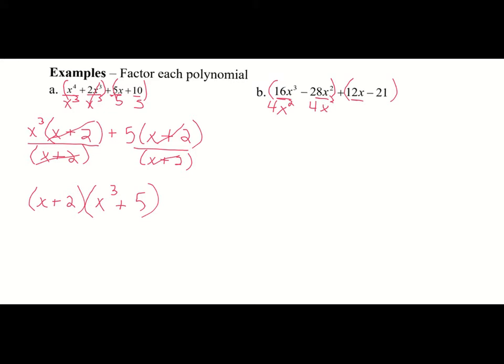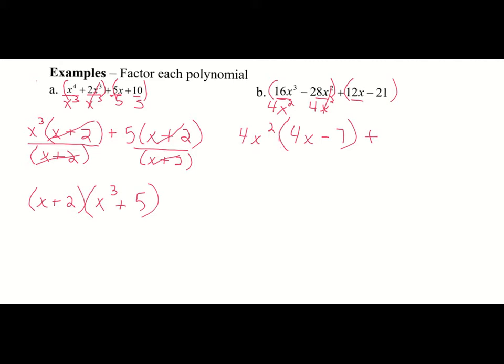That will give me 4x squared times 4x minus, since 4 goes into 28 7 times, and the x squared will cancel to equal a 1, 7. Plus